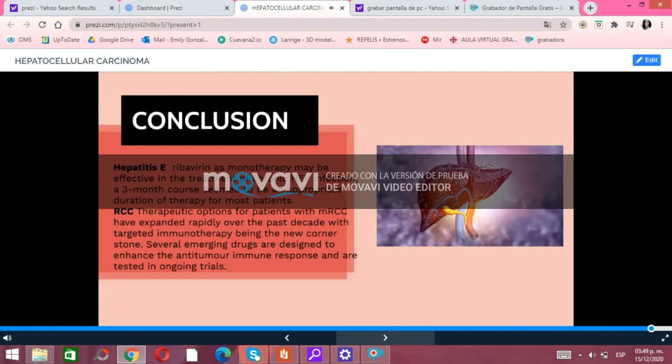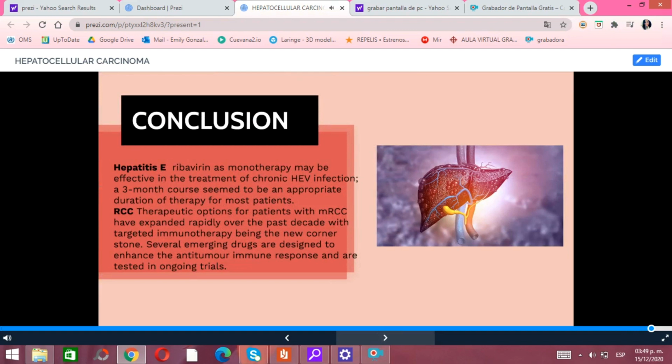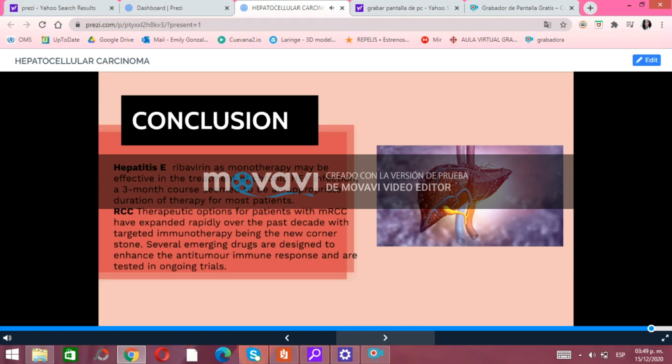Conclusion: hepatitis E, ribavirin monotherapy may be effective in the treatment of chronic HEV infection, and a 3-month course seems to be the appropriate duration of therapy in most patients. RCC: therapeutic options for patients with RCC have expanded greatly over the past decade, with targeted immunotherapy being the new